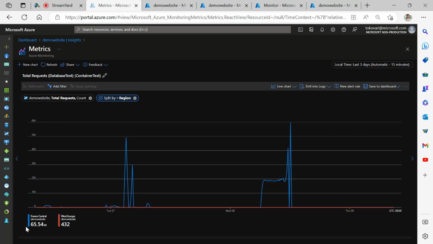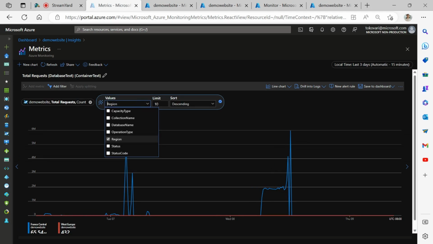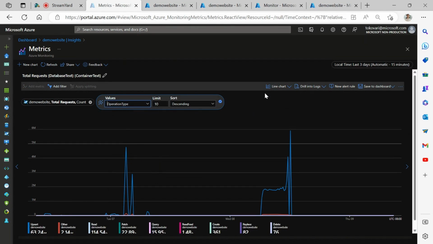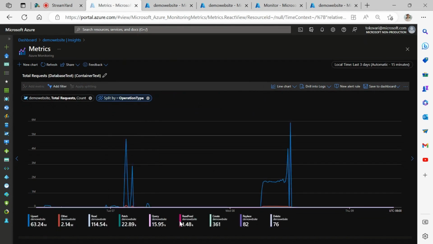Staying within the same view, I can change the splitting by region to splitting by operation type. And this will provide me with a breakdown of how many reads, how many writes, patches, and other kinds of operations I performed, and help me better understand my workload. Now, this is the view I can get from the metrics. But if I'm trying to investigate something on a lower granularity than the metrics can provide, as they always aggregate all the requests to at least a 1-minute window,